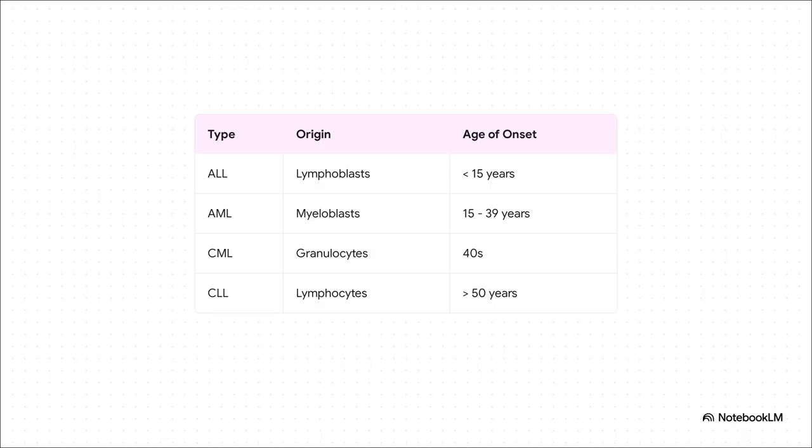Then you have acute myelogenous leukemia, AML, which kind of bridges youth and adulthood, most often hitting between 15 and 39 years of age. From there, we see a shift toward the chronic types. Chronic myelogenous leukemia, CML, generally shows up in a person's 40s, their fourth decade of life. And finally, chronic lymphocytic leukemia, CLL, is typically a disease of older adulthood, usually emerging after age 50. Keeping these demographics in the back of your head is super crucial for building immediate clinical suspicion when you're first